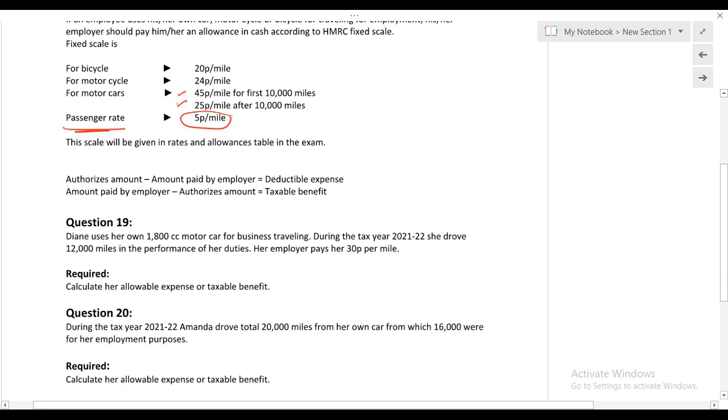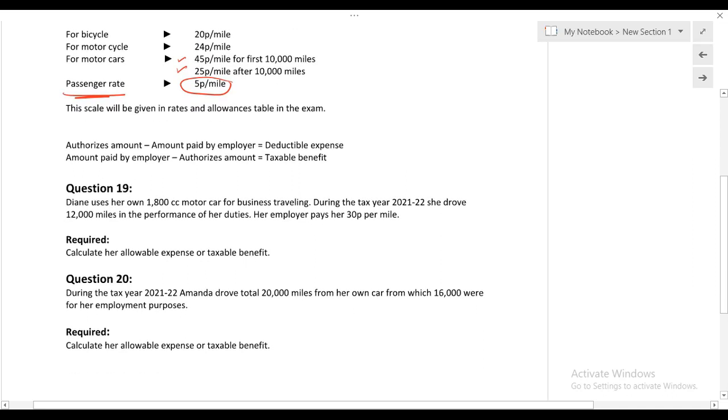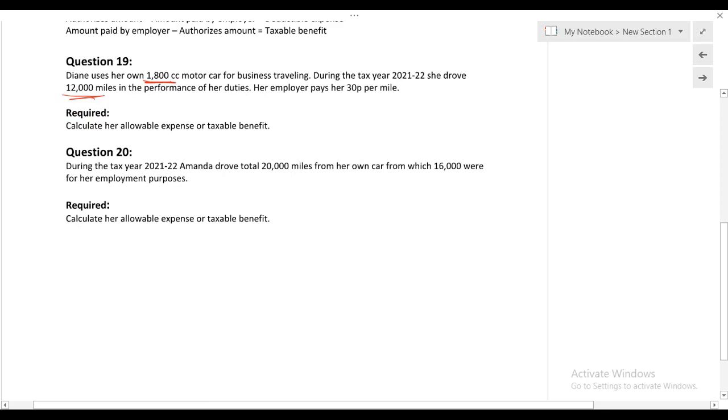Question 19, 20, you can easily do it. I don't think so. That CC has nothing to do. All you have to do is miles and how much he has received. For example, look at this question number 20, he has not received anything. If someone is not receiving anything, then amount received will be 0 and authorized mileage allowance I'm going to deduct. So the result is going to be a deductible allowable expense. If, for example, quickly we try this question 19,